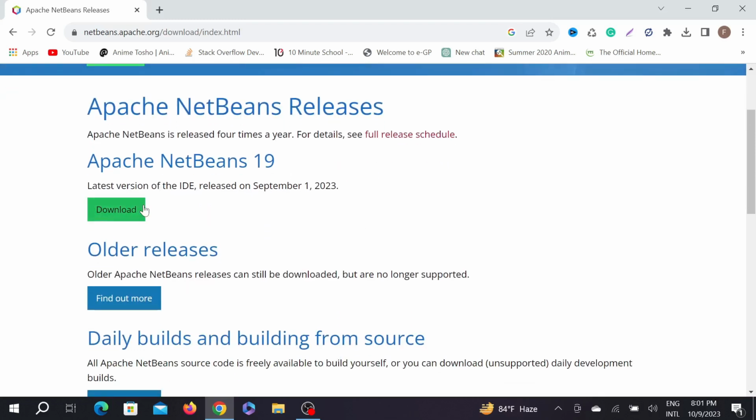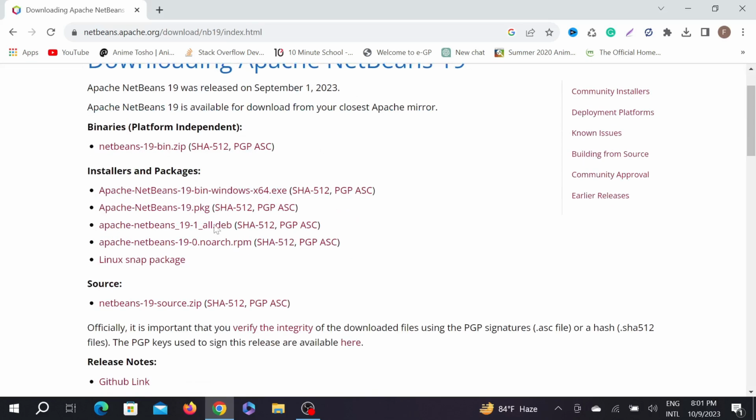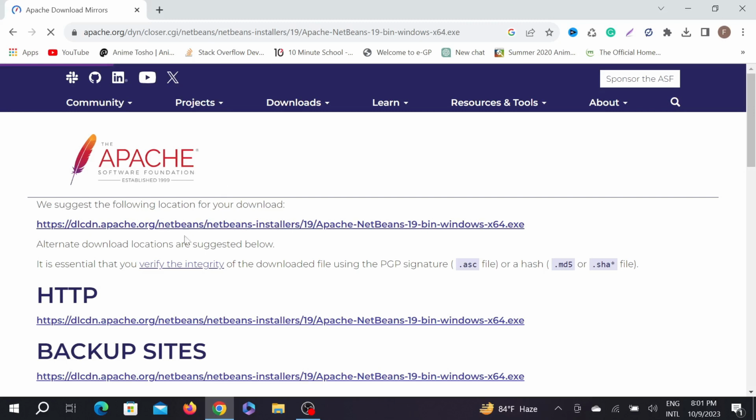Download it. Just click the download option here, and it will bring you to this page. Here you can see under installation and packages, there are different kinds of packages for different operating systems. But what we're going to download is the Windows 64-bit installer. Just click here, and after clicking it, just click this link,